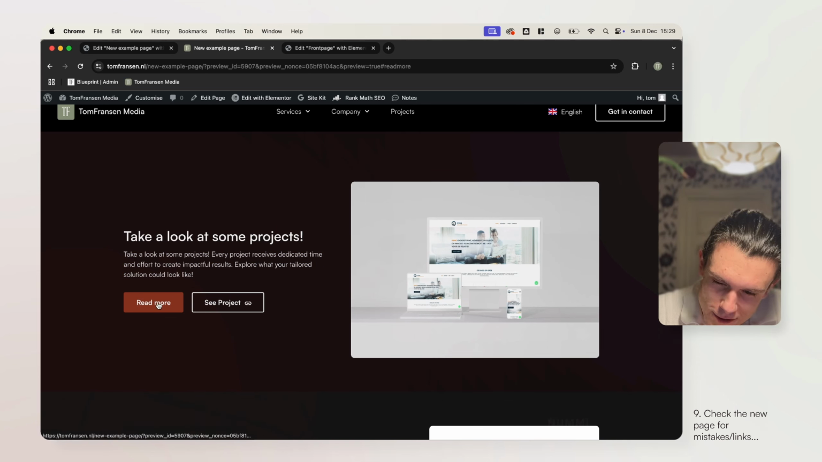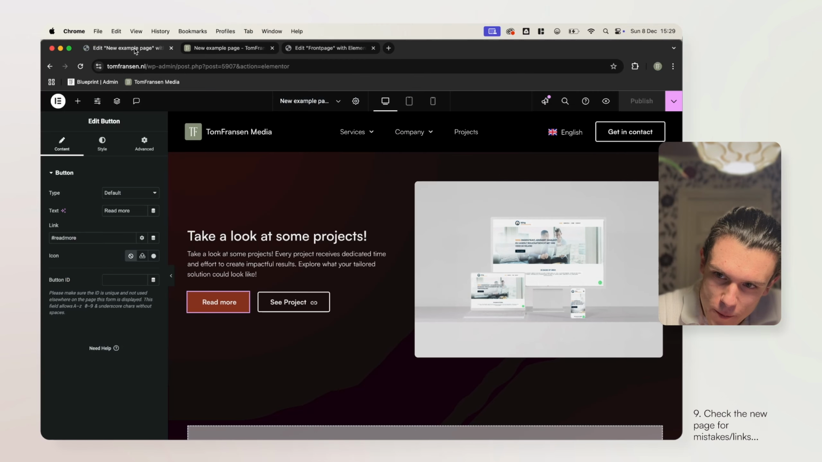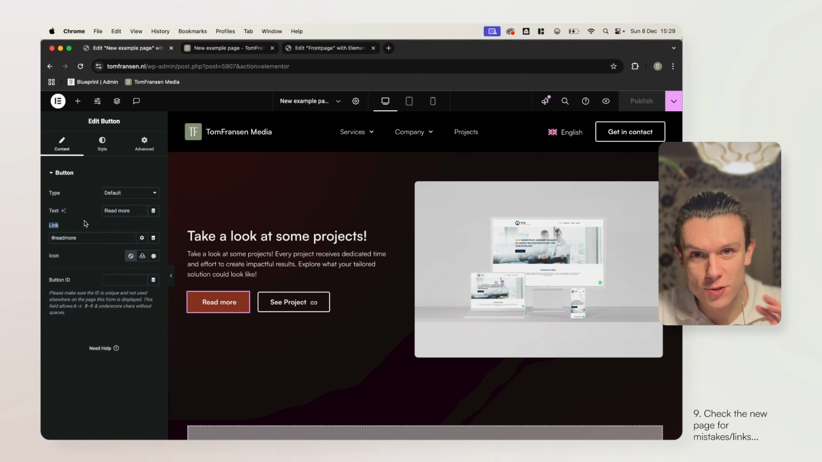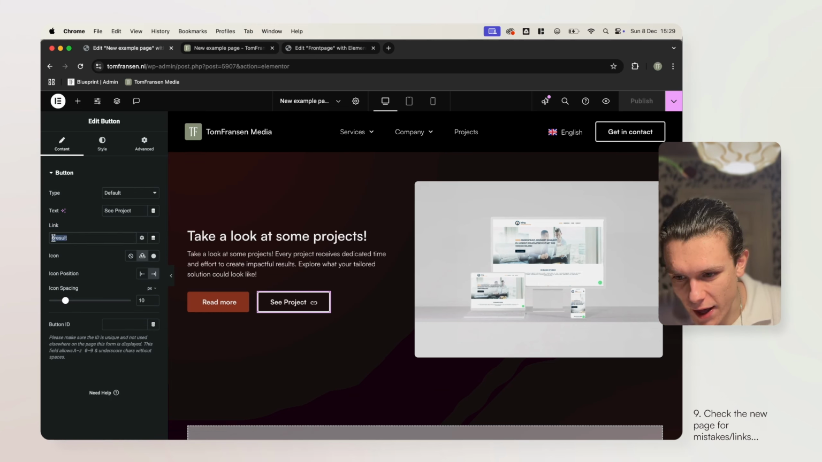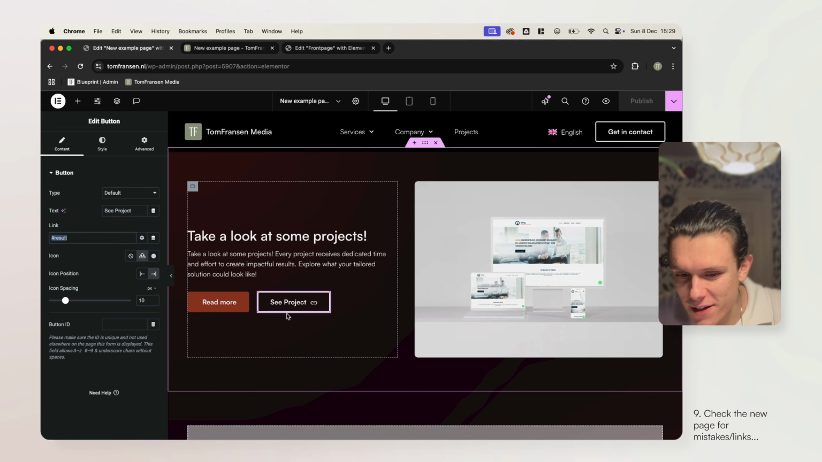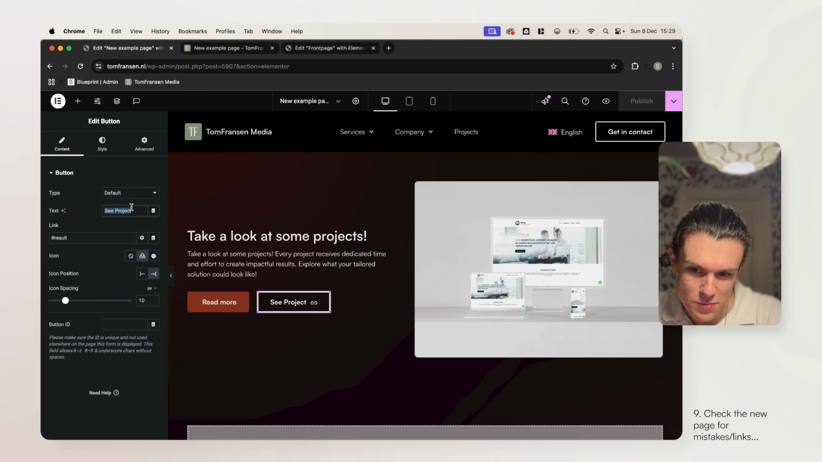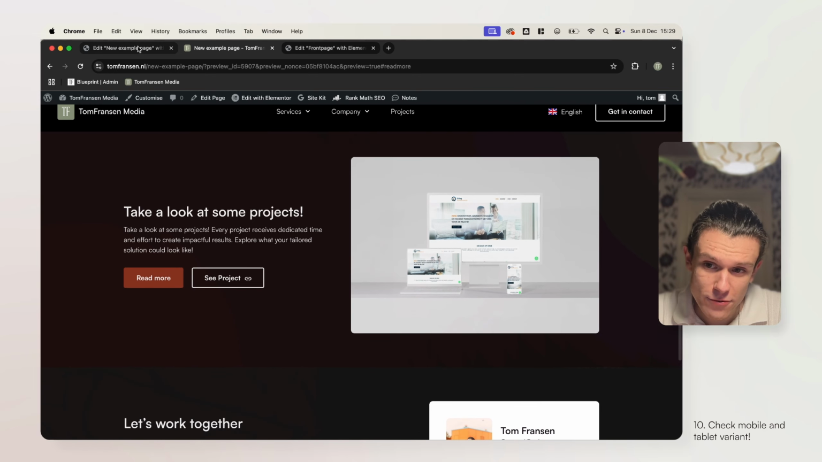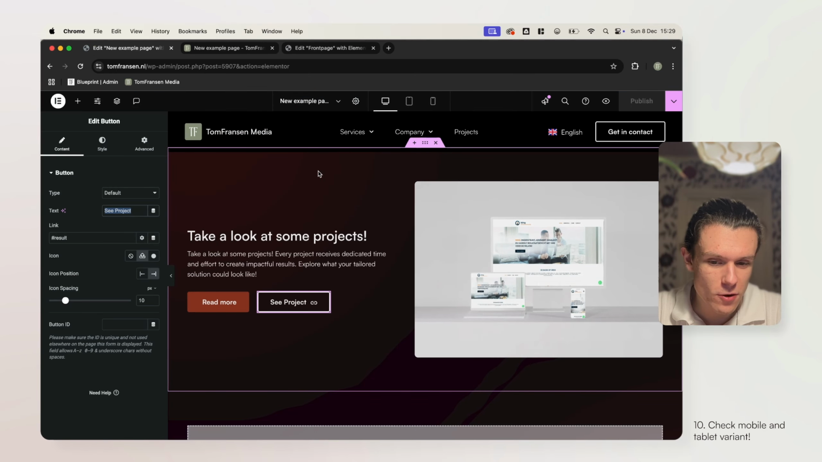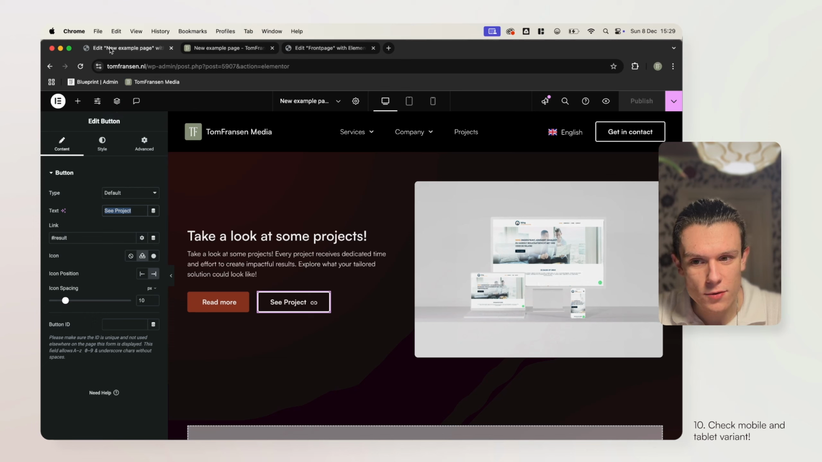But as you can see, the buttons don't work. So make sure that the buttons have a correct link which you want to send the button to. And also that for every button the text is logical. So see projects, for example, this should go to projects. Make sure that everything is correct, and then if everything is correct, I want you to go back to your new page that you just added,